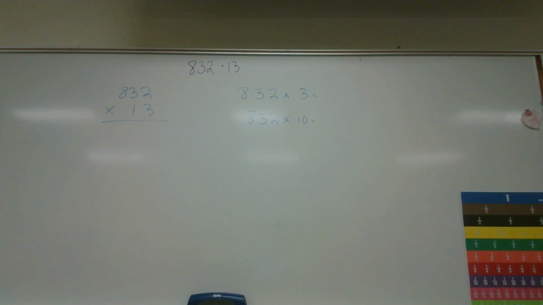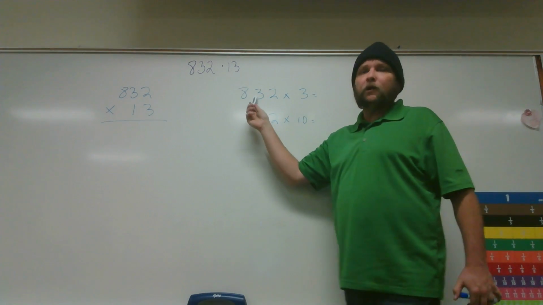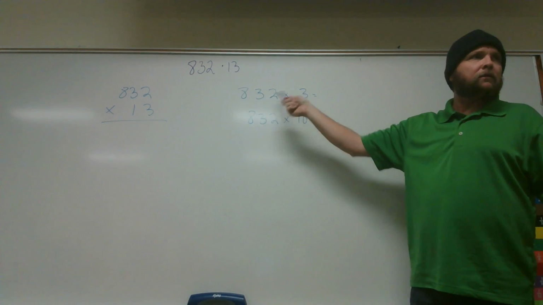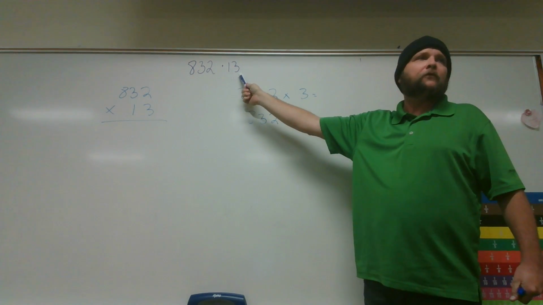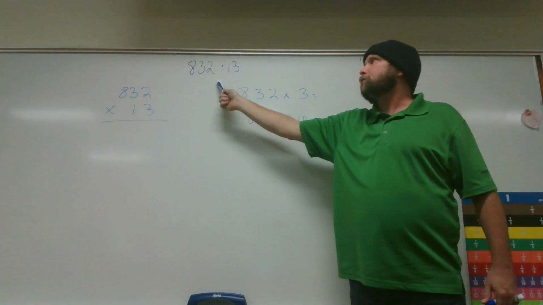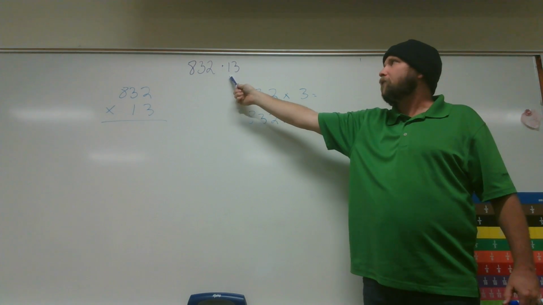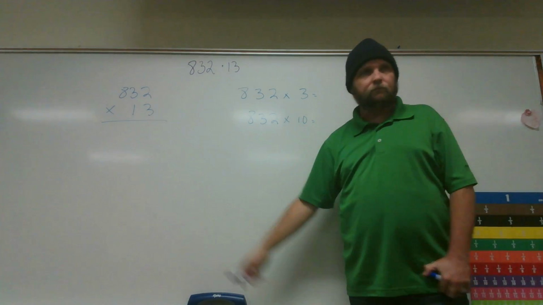Now you can do it. Well, there are several ways you can do it. But if we break it apart, we do 832 times 3, because we have a 3 in the ones place, so that's just 3. And 832 times 10, because we have a 1 in the tens place, and so 1 times 10 equals 10. The only reason why I like doing the